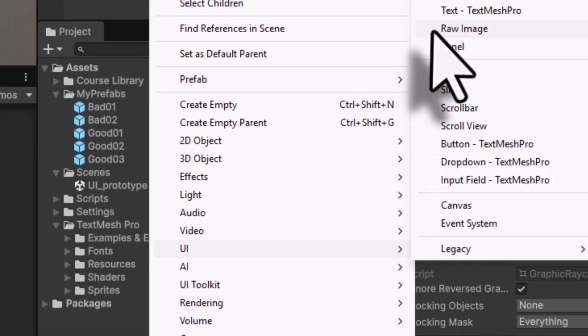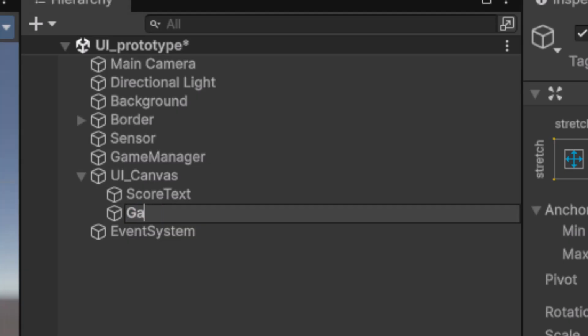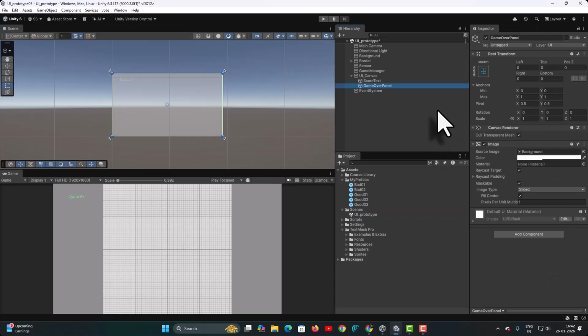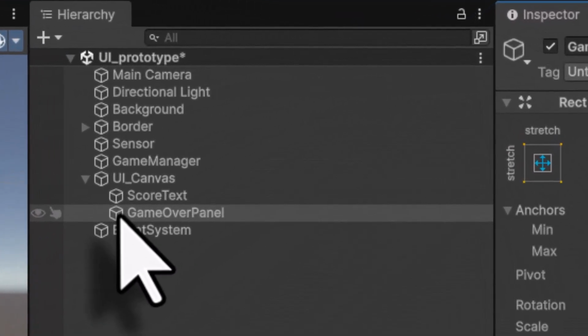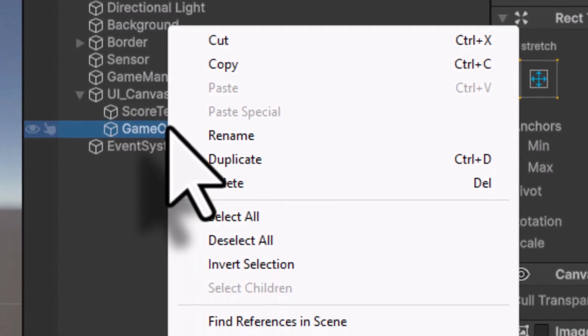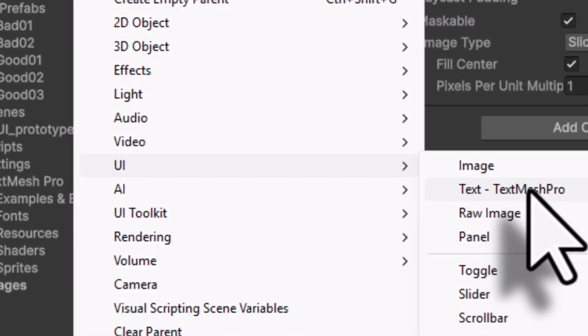And now I am going to add a panel, and I am going to call this panel Game Over Panel and press enter. Now in this Game Over panel, I will come into inspector and in image, I will switch it off. Inside this Game Over panel, right click and I am going to come into UI and I am going to now add a text